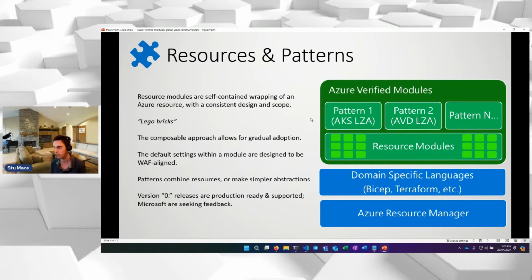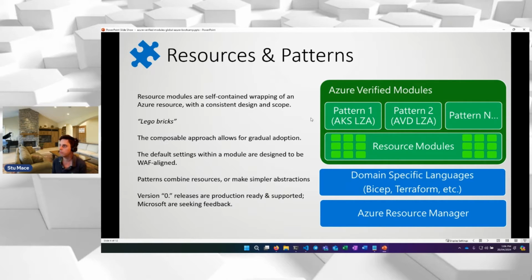As I mentioned already, the default settings are designed to be WAF aligned, so without changing parameters, you will have a resilient resource. And as an example, if you are deploying AVM resources, say in a lab setting, you may need to consider the cost side of things, because obviously you can't have both performance and resilience as well as cost. So in that scenario, say for instance you were working in a lab, you'd need to set explicit parameters to make sure that you used a lower cost SKU, or you didn't use zone redundancy.